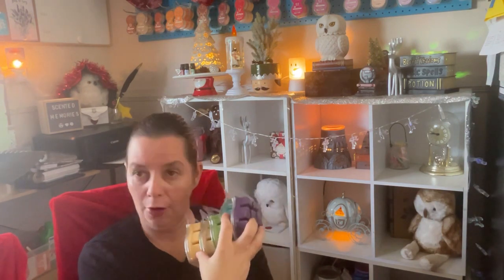So we have 1, 2, 3, 4, 5 different summer ice cream type scents, or summer ice cream desserts, or there's 3, but with 2 base mixes, with our Ultimate 6-pack. And the final one I put in my Ultimate 6-pack is available now, but as I said, we'll probably need this at the end of this month. I haven't got the list yet, so I'm not 100% sure on that. But there are a couple of fragrances that I have a feeling might be leaving at the end of this month too. So you can't pass a good old...